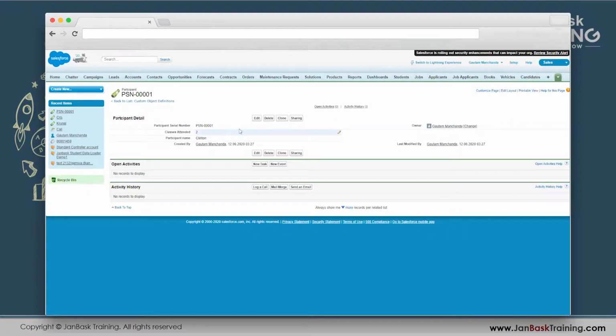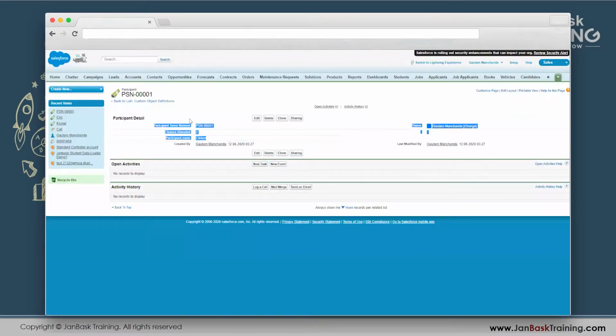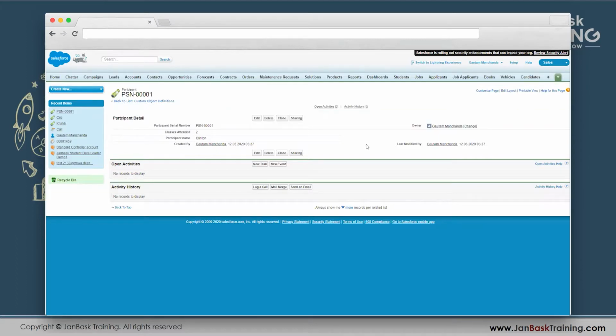So this is it. Now this record suffices my requirement. So if I see over here, I have a unique identifier, I have the field called classes attended, I have the field called name. It's all done. There are some undesired fields on the UI, which I understand, but we will see how we remove or add anything on the UI. So this is all configurable through just simple drag and drop. I can control what I want to see. There are some buttons which I don't like, so I could have got rid of them, and I will. Once we start discussing the UI part of it, we will be doing all of this stuff.